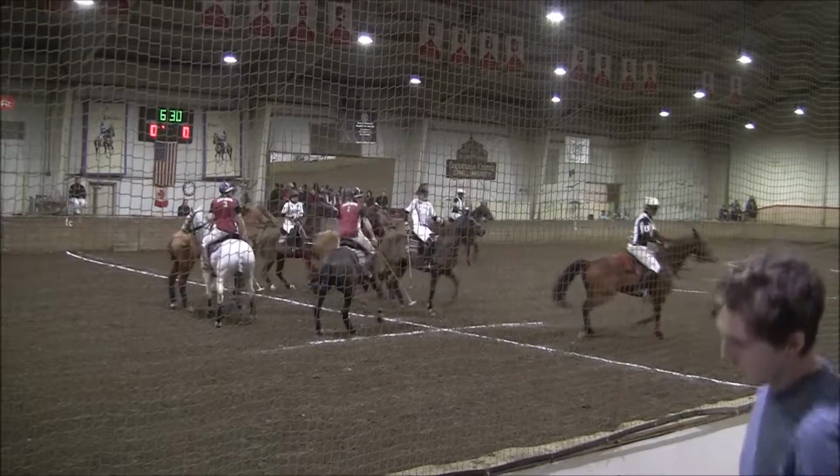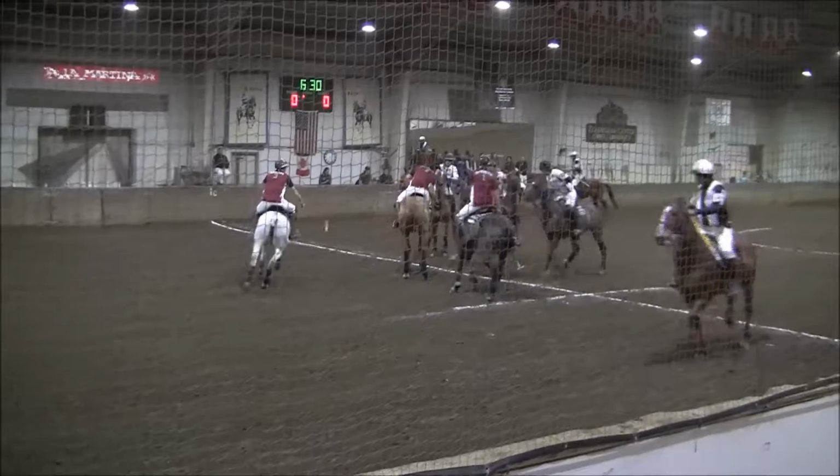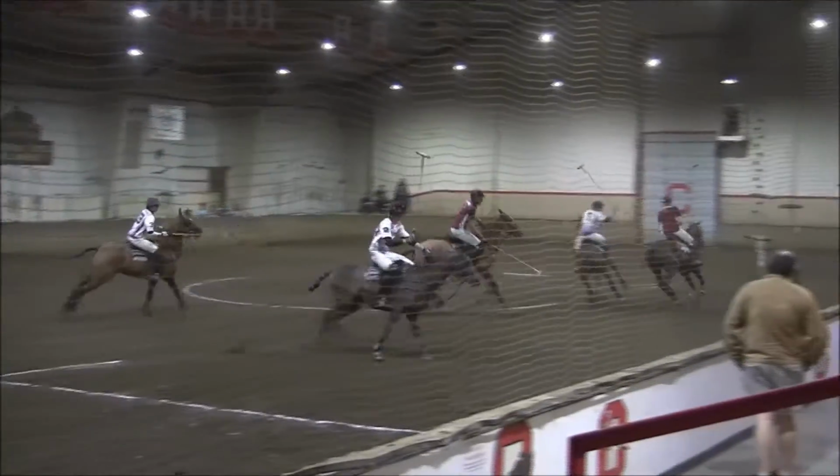Players are lined up for the first throw-in of the game. Ball is rolled in. Picked up by...